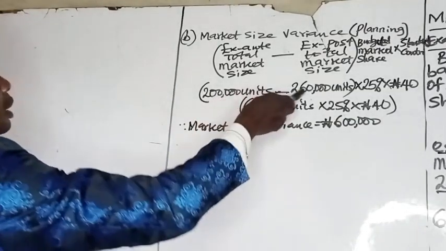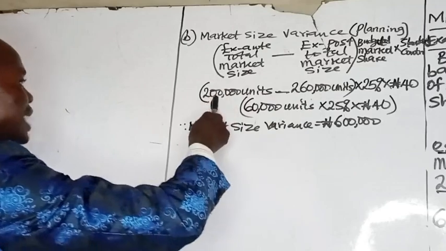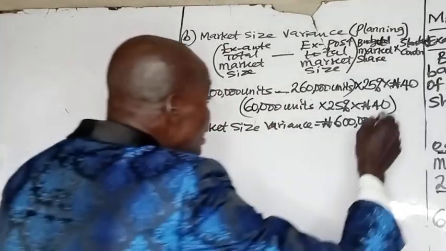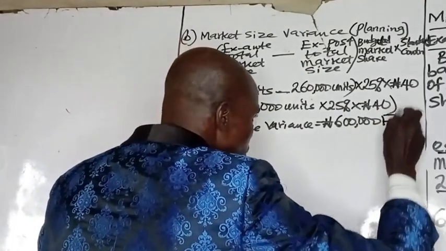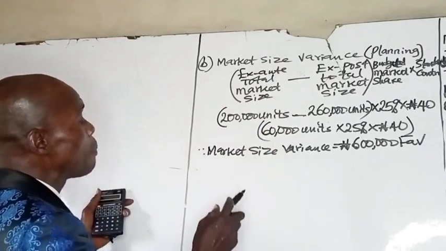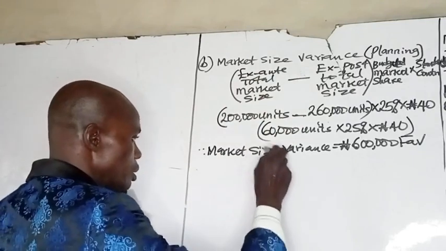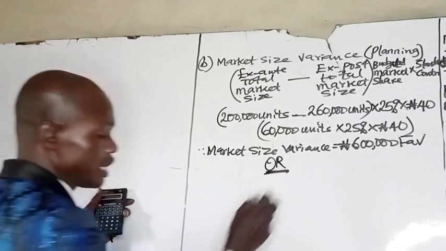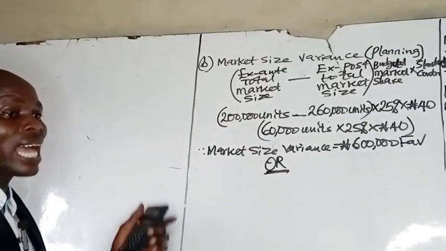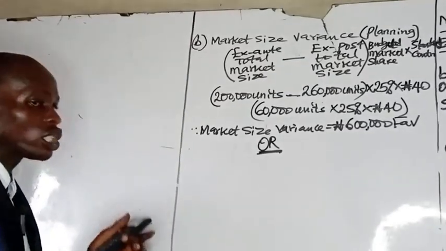Now, the ex-post is greater than the ex-ante, so it shows that it is a favorable variance as well. I've told you that the market size variance can be computed in two ways. Another method of calculating that is ex-ante market share